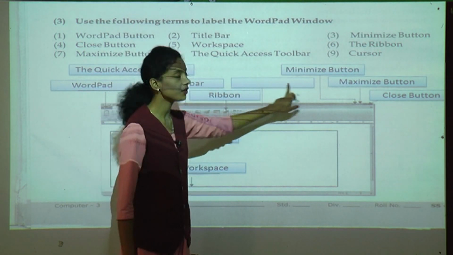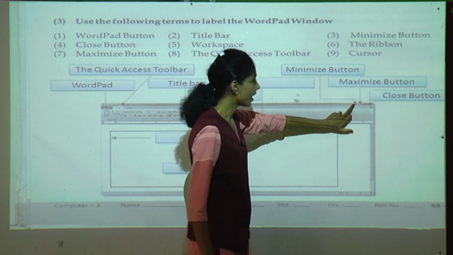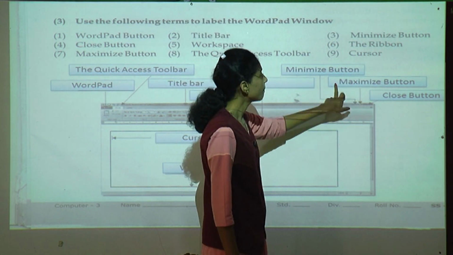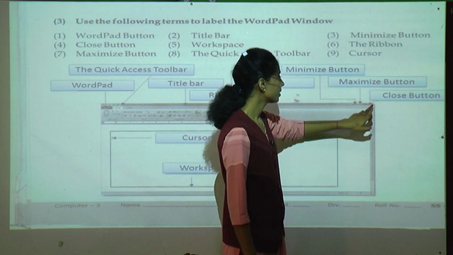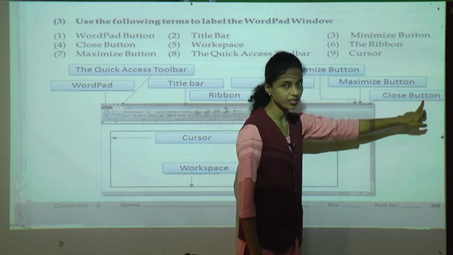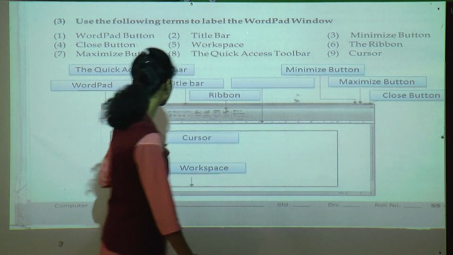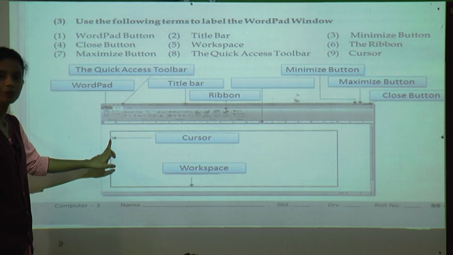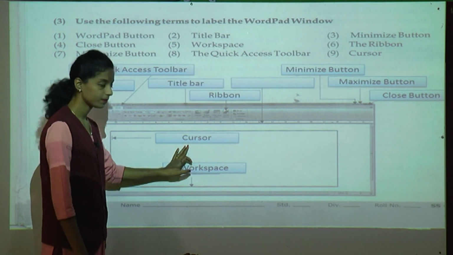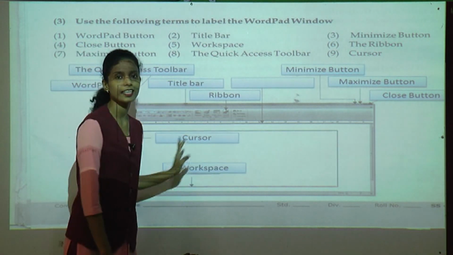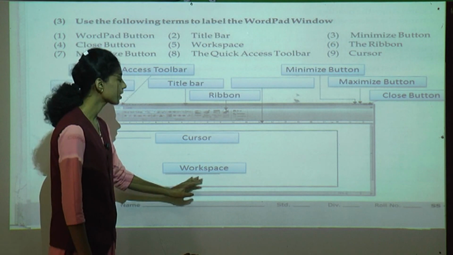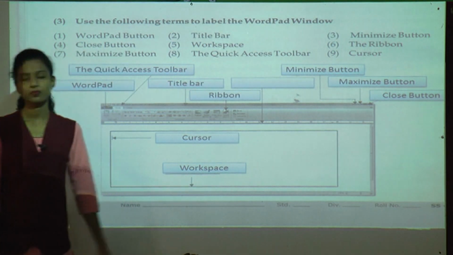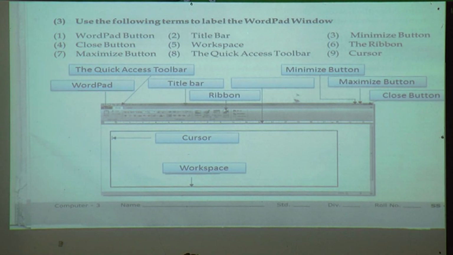Now next one is minimize button, then maximize button, and last one is close button. Now come down side. This is a small blinking line. What do you call this small blinking line? It is the cursor, and where we are writing, that area is called the workspace. What is it? Workspace. Now write down fast.